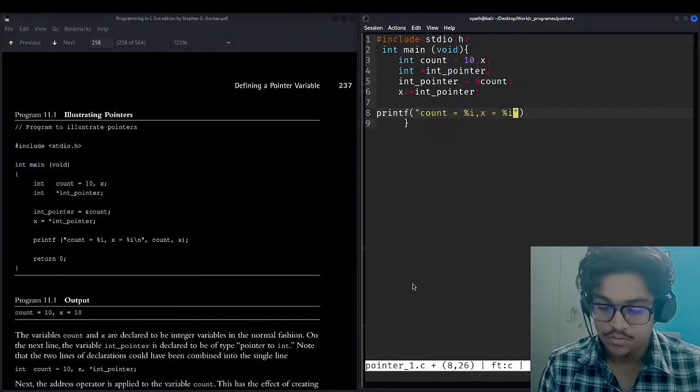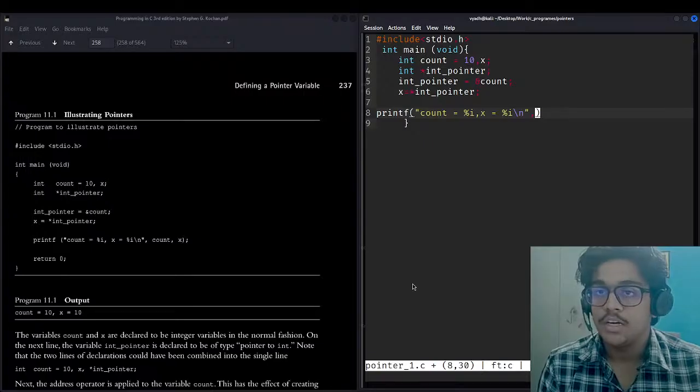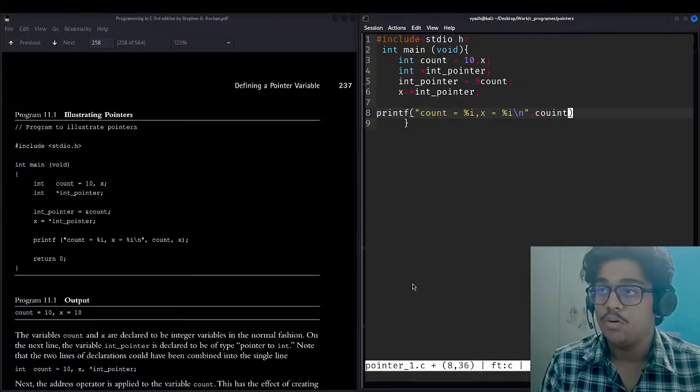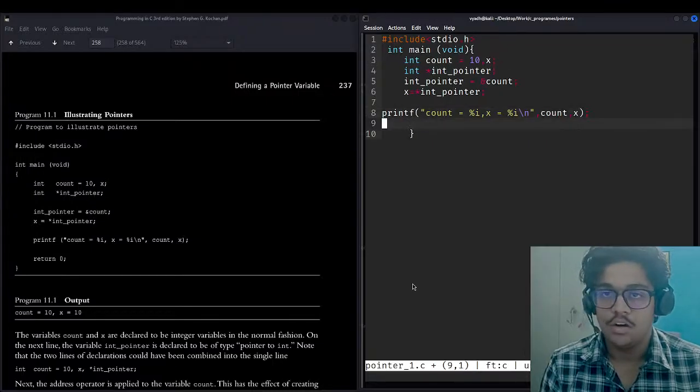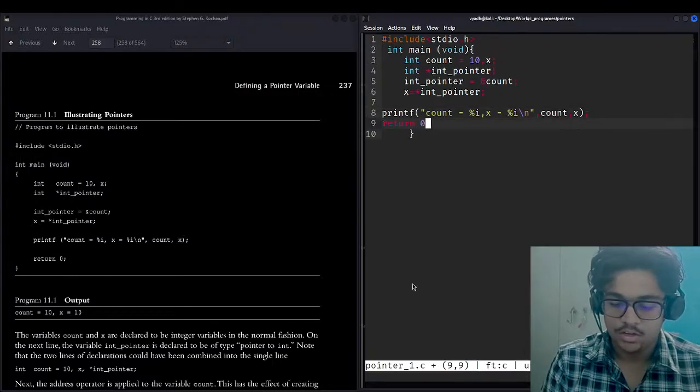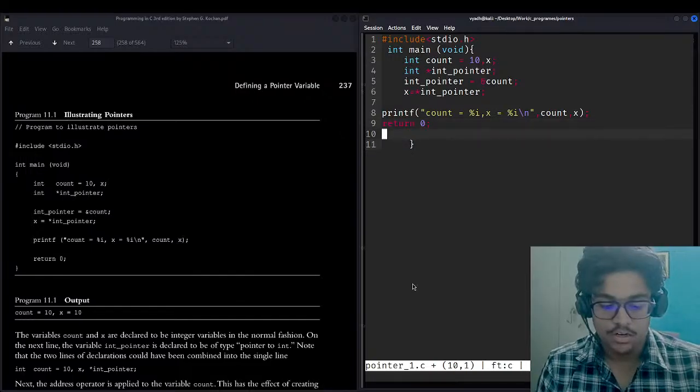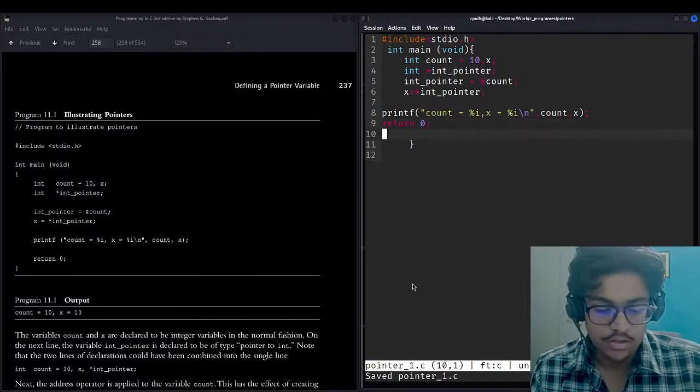Beginning with the new line character, then comma, and now we'll be assigning the values, firstly count, then x. So we'll be seeing how this pointer works. Return 0 and done. Control S, no errors.